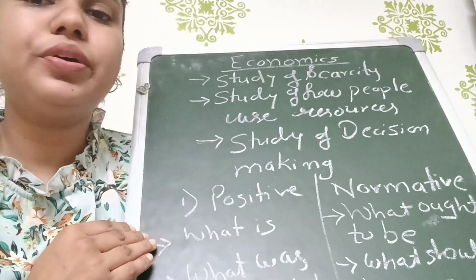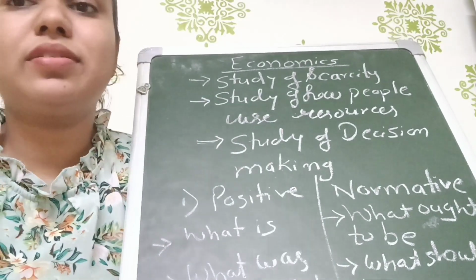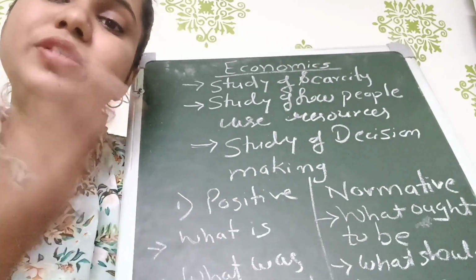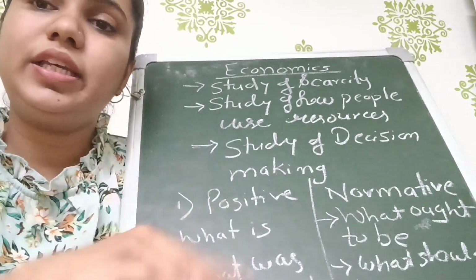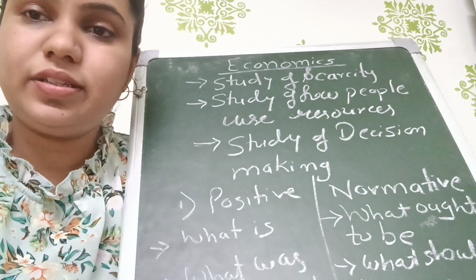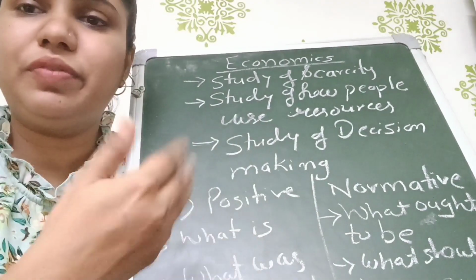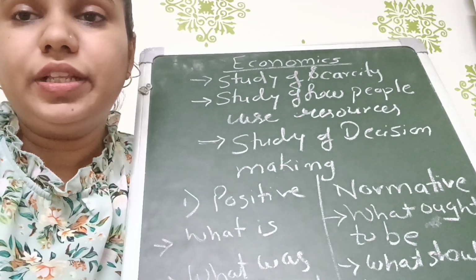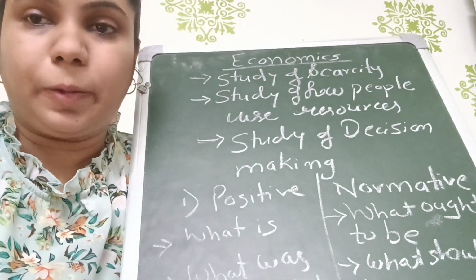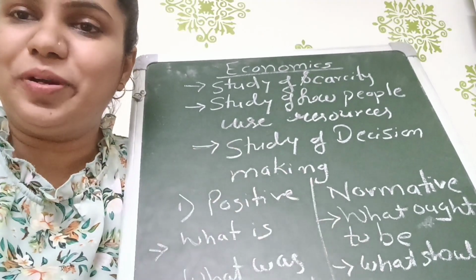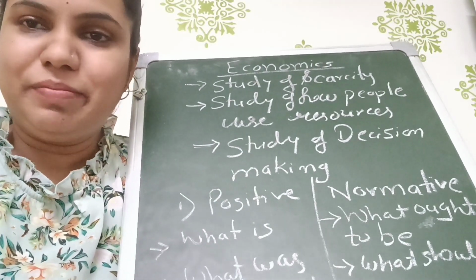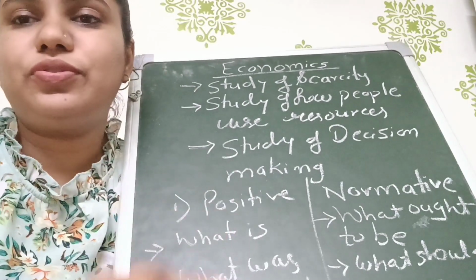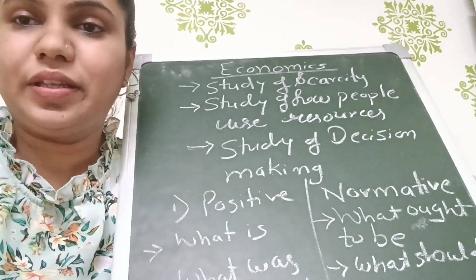So simple way how we are going to remember. Positive, that means current things which are provided from the government, and normative, that means future, that this could have happened, vaccination management could have been even better, and else whatever it has to be in future, what it could be in the future, right. So that is positive and normative, which is a simple way how you can remember. Always remember, economics is something that doesn't have a full stop. It is a continuous study, right.